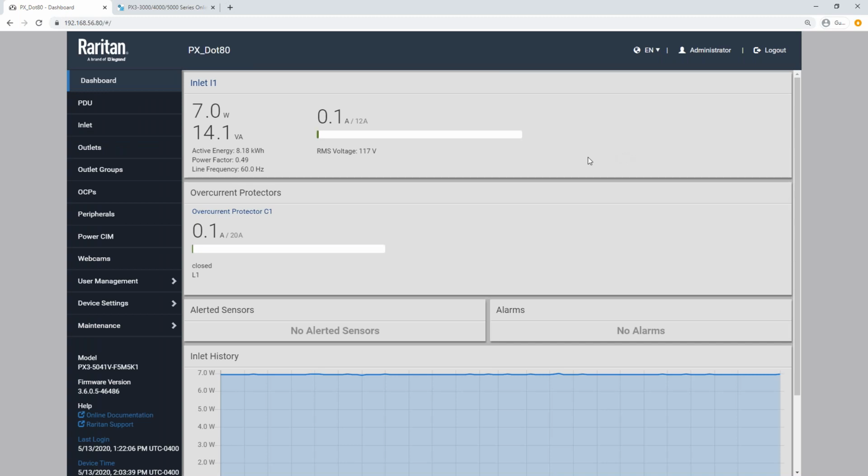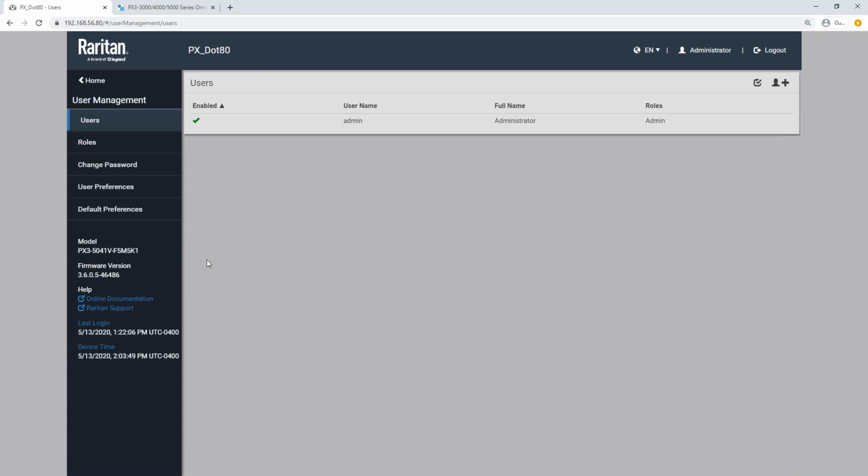And this takes us, of course, to our PDU dashboard. On the left-hand side, we have our menu, and then we have a sub-menu called User Management. So we're going to click on that to get into the User Management menu. And that takes us directly to the users page. So you can see our default admin account here. We don't have any other users added at this point, but before we do that, I want to talk about